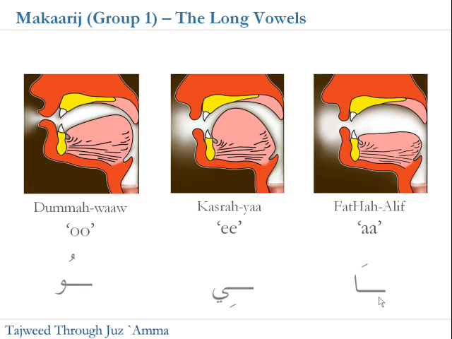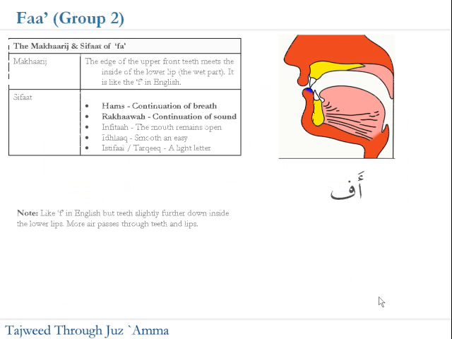And it's very important that you come to feel and recognize exactly what is going on within your mouth. When you go into the science of tajweed, you will have to be able to control the movement of your tongue, your lips, your jaws, and this is where you get to the mastery of your tajweed. So we're going to start with group 2 now, which essentially are the letters which are made by using the